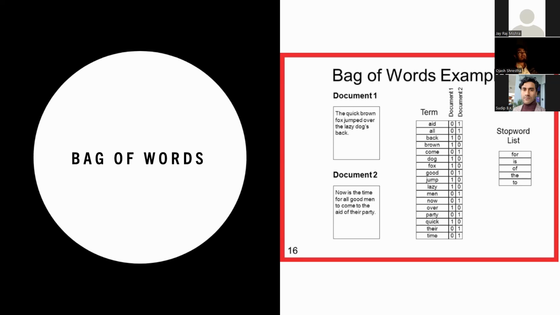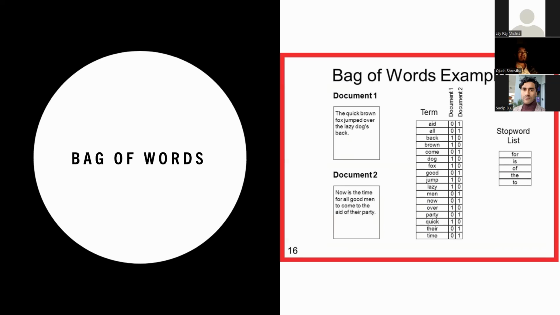And for example, we use the 80% of the data to make a bag of words, right? So out of all the reviews in the data set, we create this bag of words. For example, you can see over there from the documents, the quick brown fox jumped over the lazy dog's back, right? From these multiple documents, it lists all of this data, and which document has which terms.